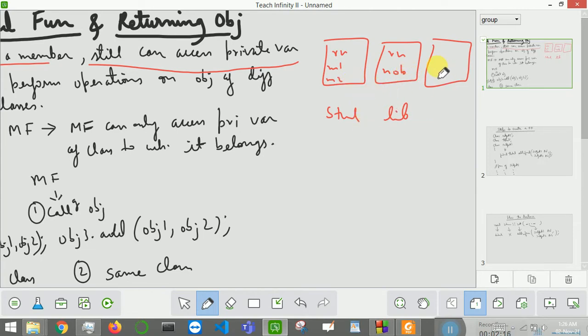Now suppose you want to check whether you want to award a degree to this student or not. There is a condition for awarding a degree: the total marks should be greater than 50 and the number of books issued by the student should be equal to 0. There should be no books issued by the student and he should have more than 50 marks. Then only you can award the degree to that student.